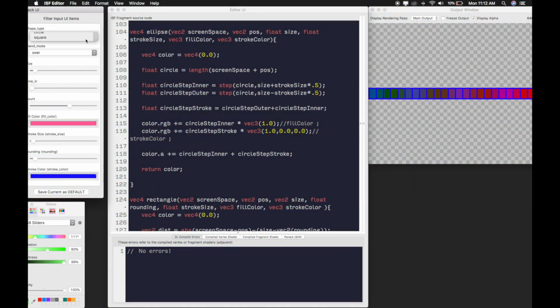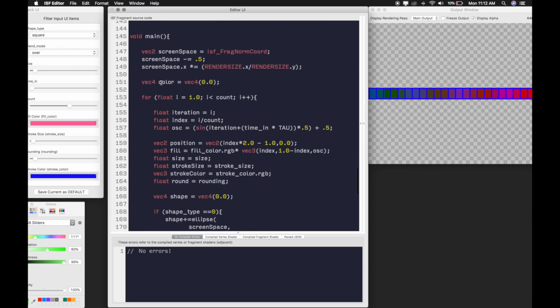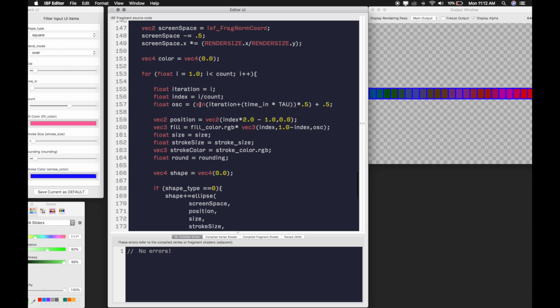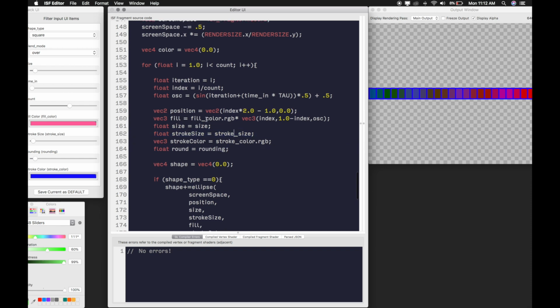As I'm switching between square and circle, I think it's a little confusing now with all those oscillators that we put here in the main. So I'm going to start stripping out some of these sine waves. I'm going to just make size and stroke size equal to their values. Also stroke color, rounding. I still think maybe position, I'll spread it out just so it's a little easier to